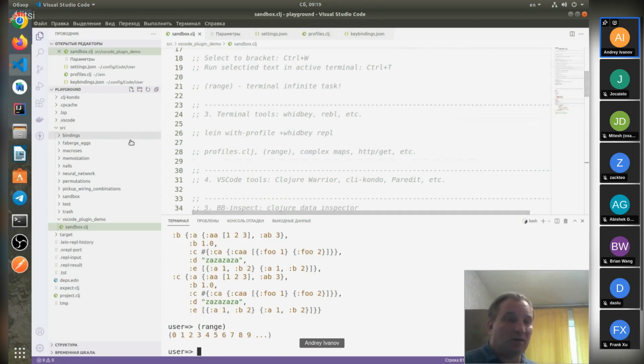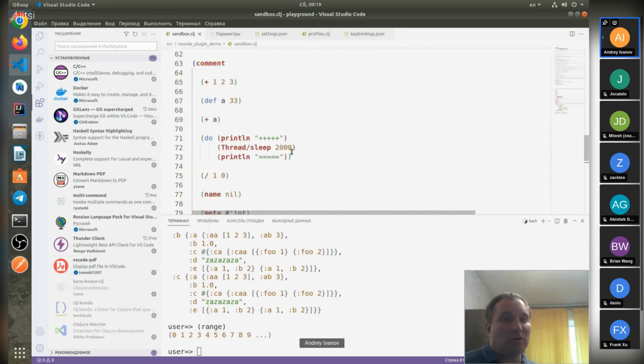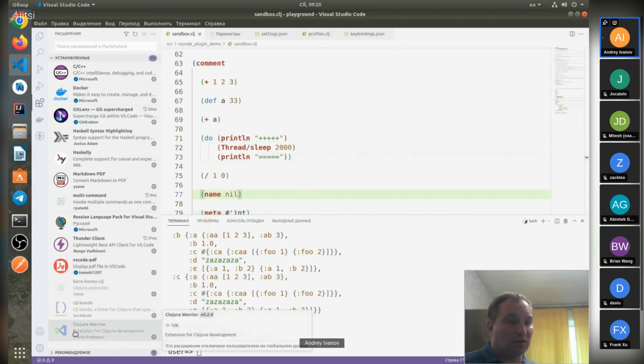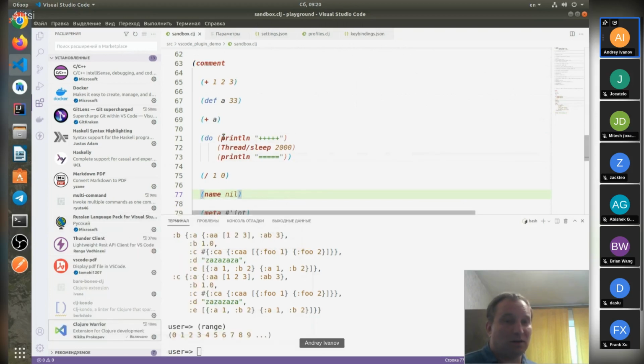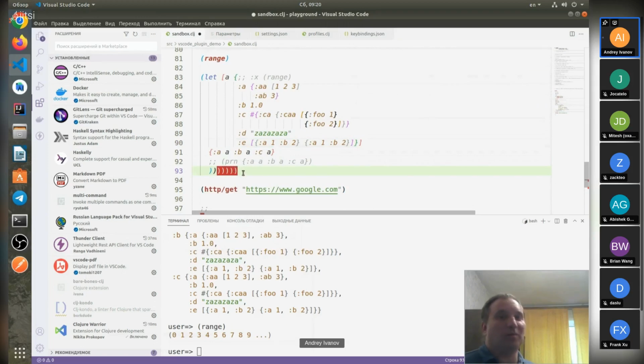Yes, and the second thing we may add also. For example, let me show you my extensions part. I want to show how, say, pretty printed brackets, maybe rainbow brackets they may be named. Yes, and there is a plugin for it called Clojure Rainbow Brackets. Its author is Nikita Prokopov, and we may enable it. Yeah, and looks like the brackets become rainbow, a blue one, a red one with the associated closing one,